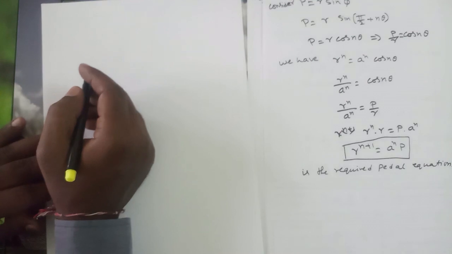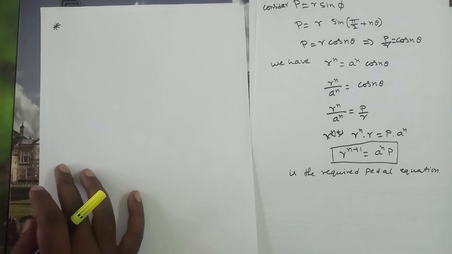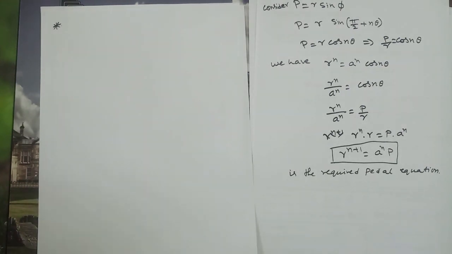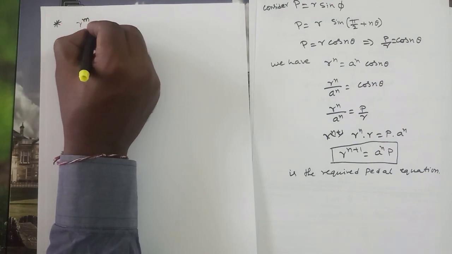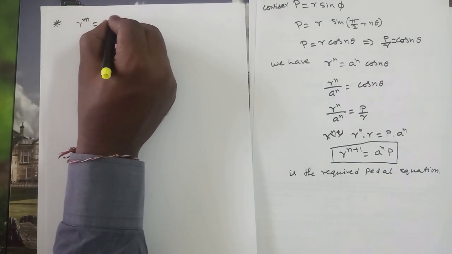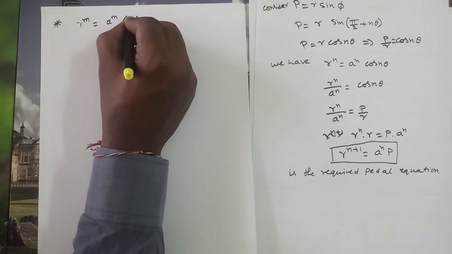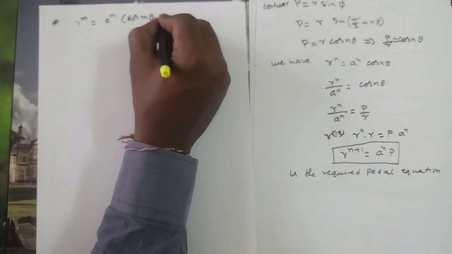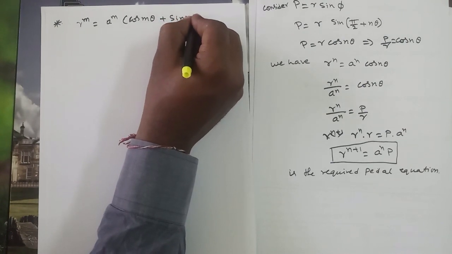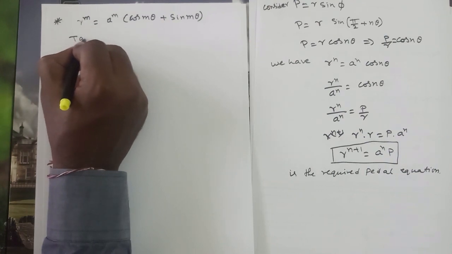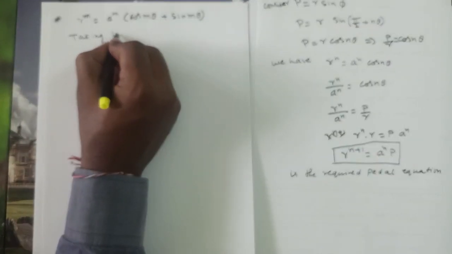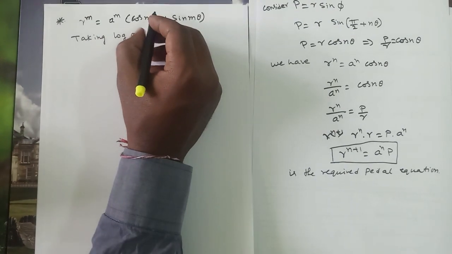So here, next one. Here r to the power of m equals a to the power of m into cos m theta plus sin m theta. So here, taking log on both sides,